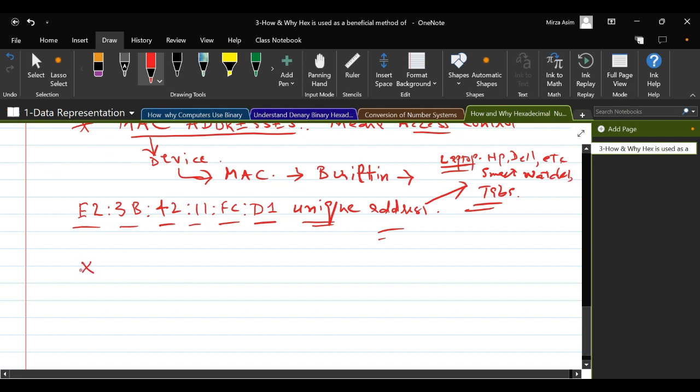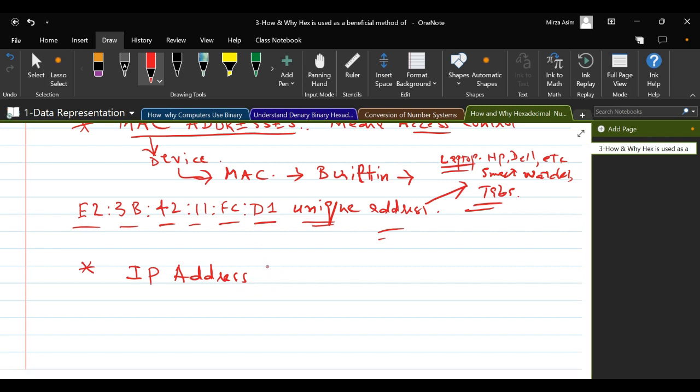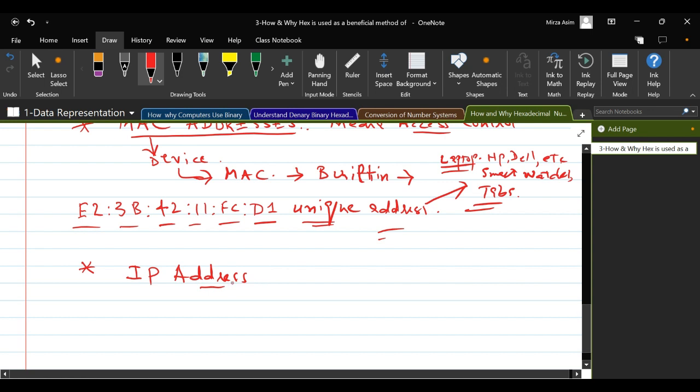and hexadecimal numbers can also be used in IP addresses. Those students who know about IP addresses can have this question: how? Because they can see the IP address just like this, 210.10.20.30. It's a random number.